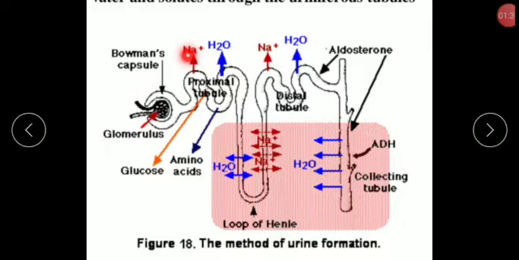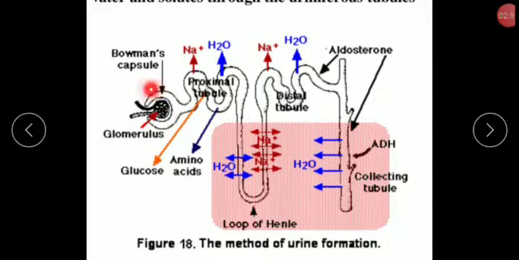In ultrafiltration, the process of filtration is carried out in the glomerulus, from blood into the lumen of the Bowman's capsule in the form of nephric filtrate. That depends upon the nature of the capillaries and also the pressure operating. The glomerular capillary is highly coiled and its wall is very thin, with tiny pores. As I said, there are porous, non-porous as well as podocyte capillaries. Naturally they have very small or minute pores.